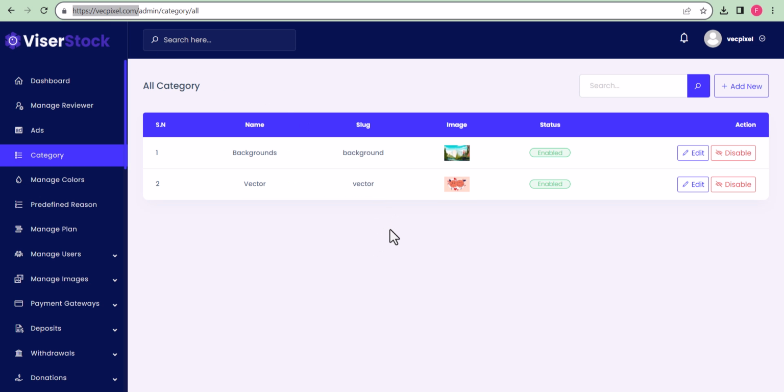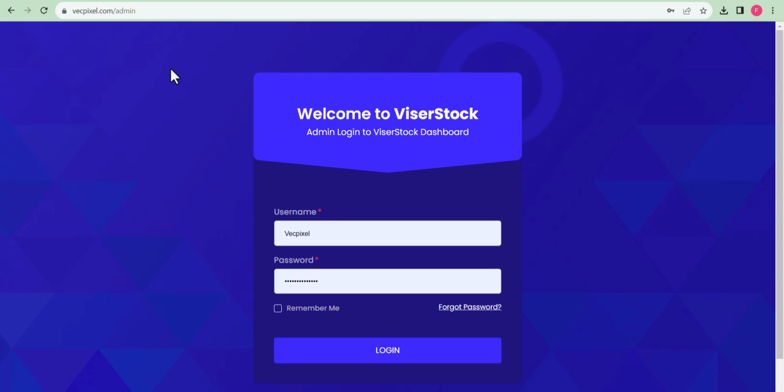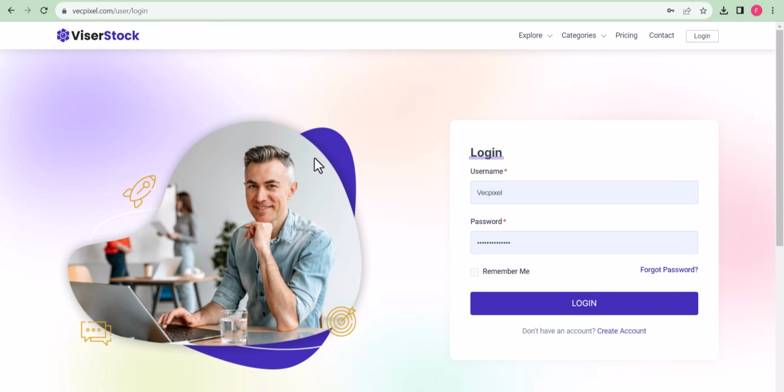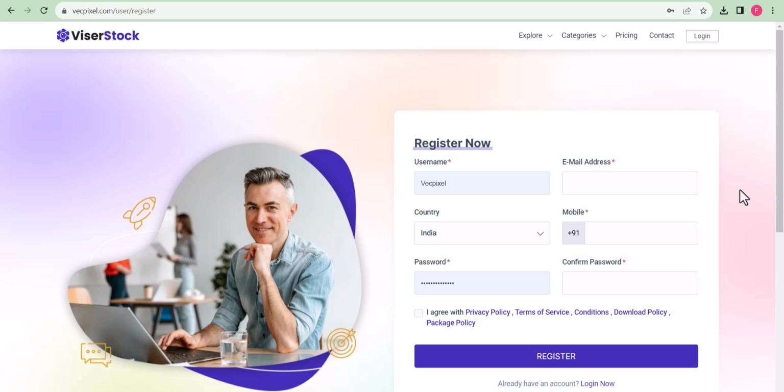So how can you upload an image to this category? So for this you have to log out here first, and you have to go to the site. Let's go to the login here, and you have to create a username here in the front end. So let's click on create account here. Now here you need to create an account here. So let me add a username like user1, and let's add a demo email here, demo@gmail.com,